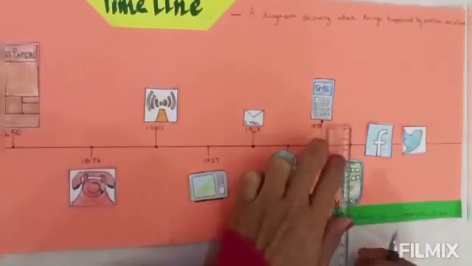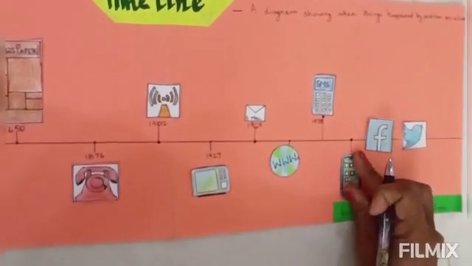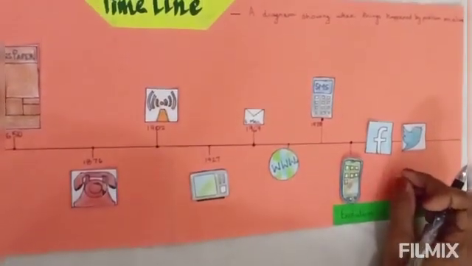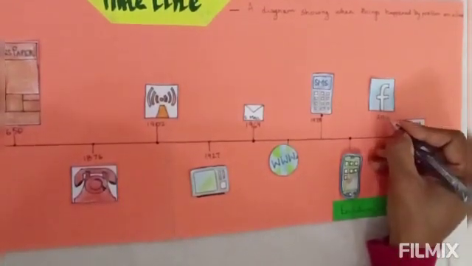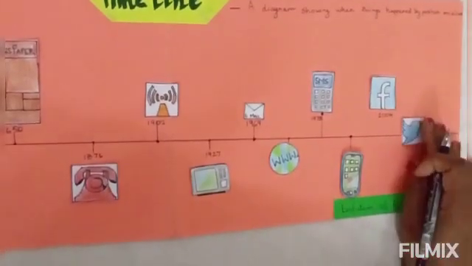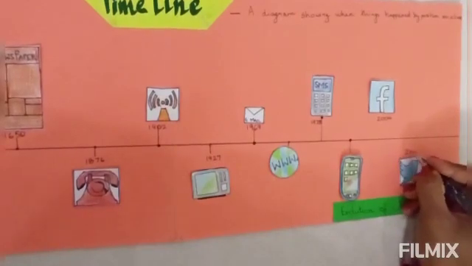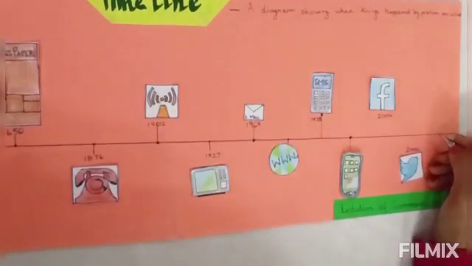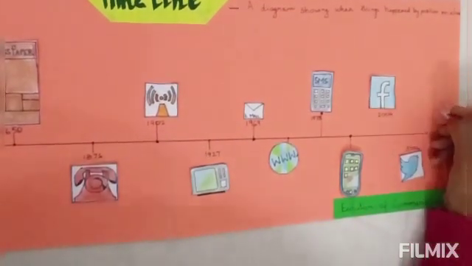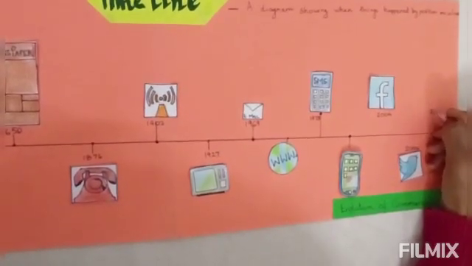And henceforth many more means of social communication started, like Facebook started in 2004, then Twitter started in 2006, and then Instagram and so on. Instagram started in 2010. And so we can say that means of communication have started very early on in human